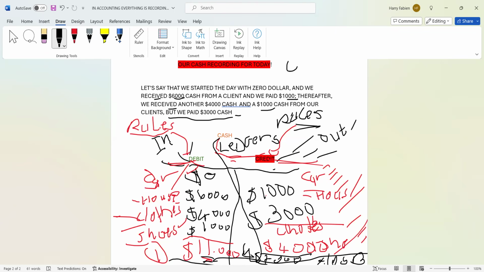But the simple thing, the main keys: you record, you report, and those tools are debit and credit. As soon as you know where to put money, whenever you receive something, you add it to the debit side. And whenever you give something away, you sell something, you put it on the credit side, and then you do your closing balance.